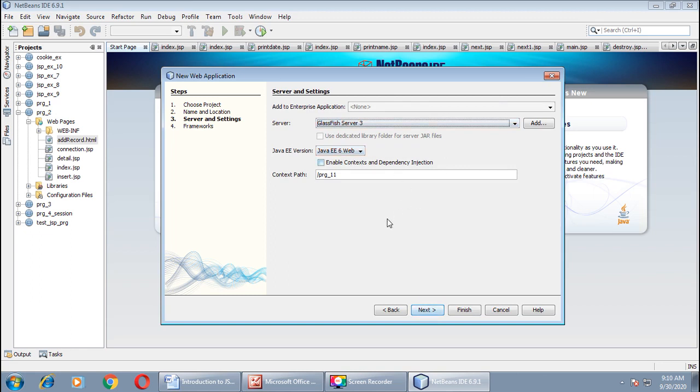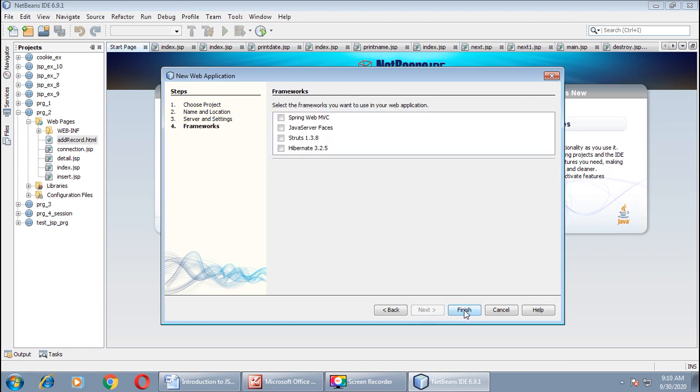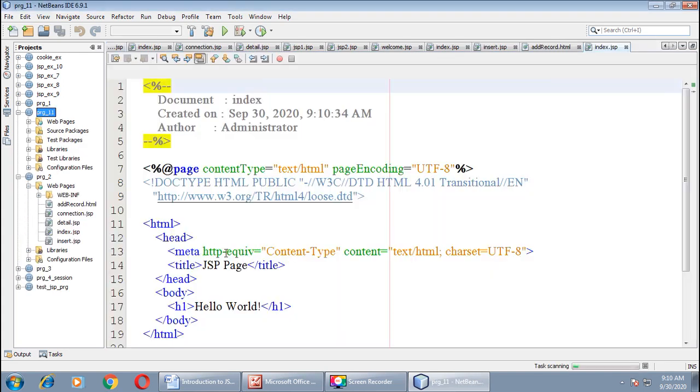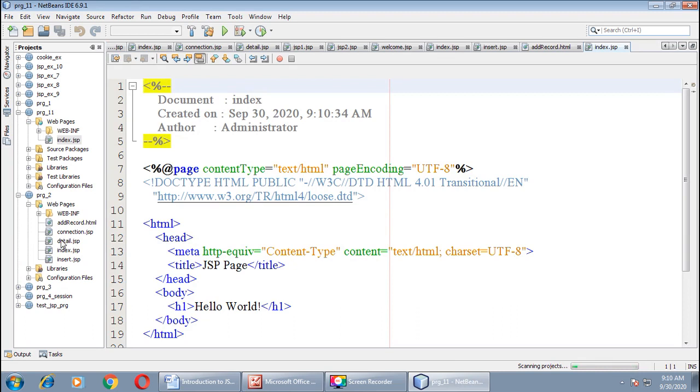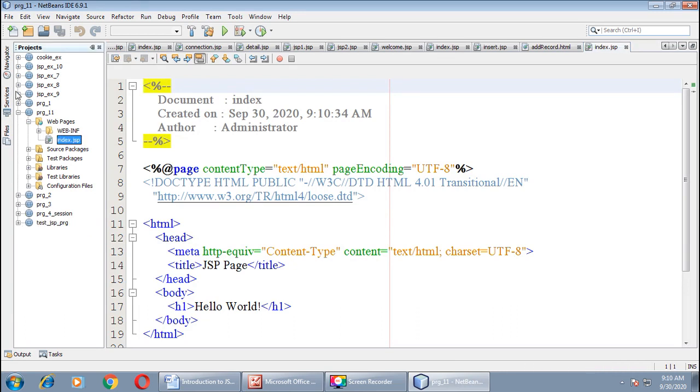Server and settings, keep everything as it is. Click on Next and Finish. Here you can see program number 11 is created. You can close all unnecessary programs open in the project window. Right now, index.jsp, as you can observe, is our default page.